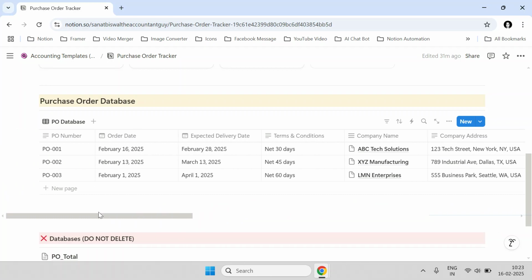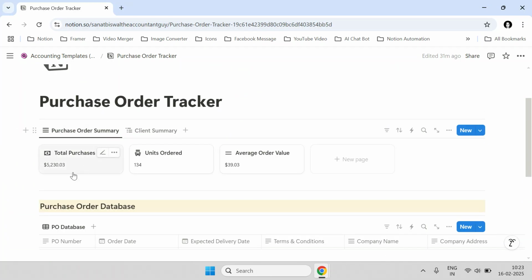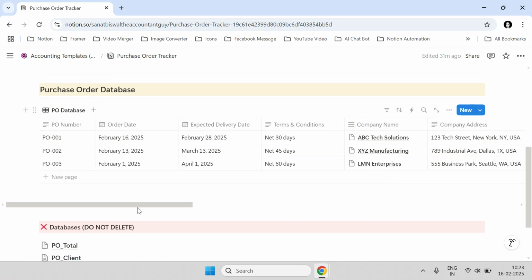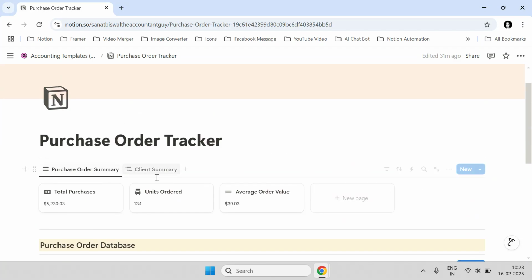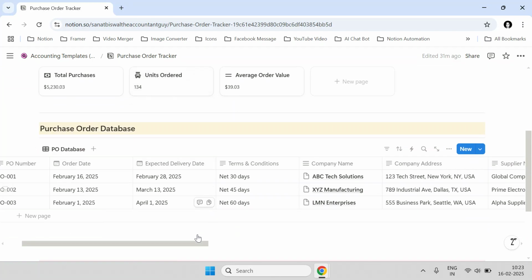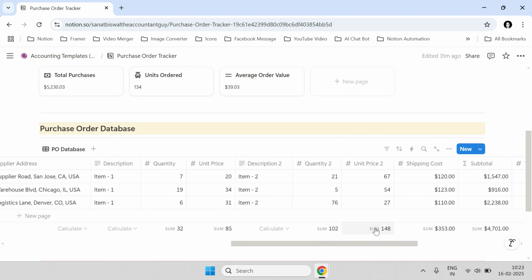And when you're adding all this information in the database, you can see that we have a purchase order summary at the top, which shows the total purchase that has been made. This is nothing but obtained from the summation of all these purchases that we have over here. And then we also have the units that have been ordered. So the units that have been ordered are calculated from these quantity columns that we have over here for both